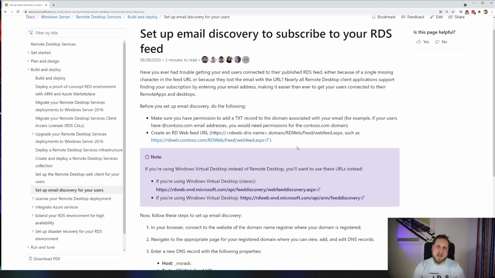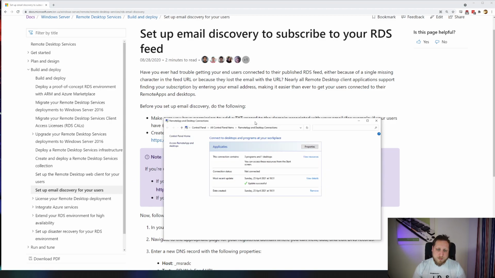From there on, they'll be able to enter their email address instead of all these Remote Desktop Gateway or the correct server URLs or all that kind of stuff when using their iOS device, their Android device, or even their Windows 7, 8, and 10 device. Let me show you how that looks.